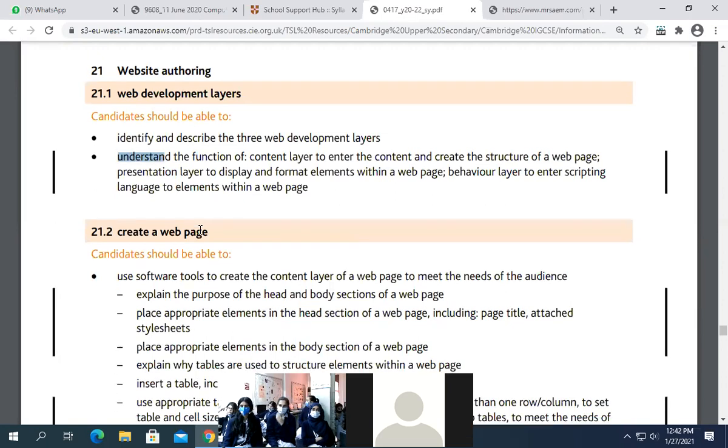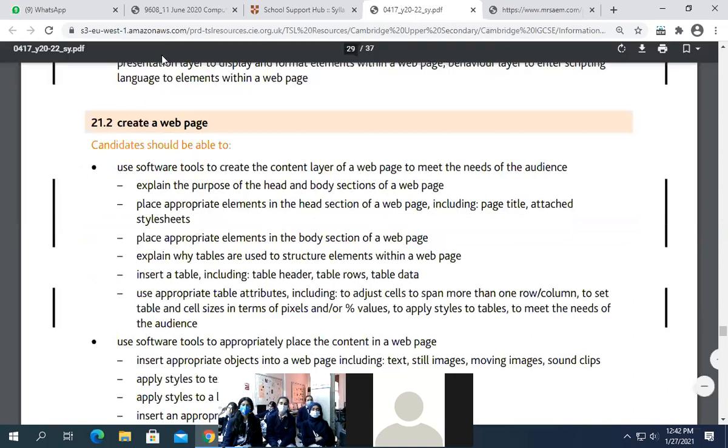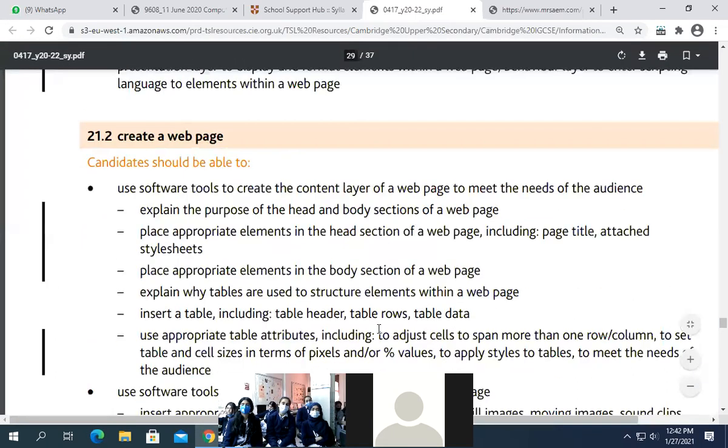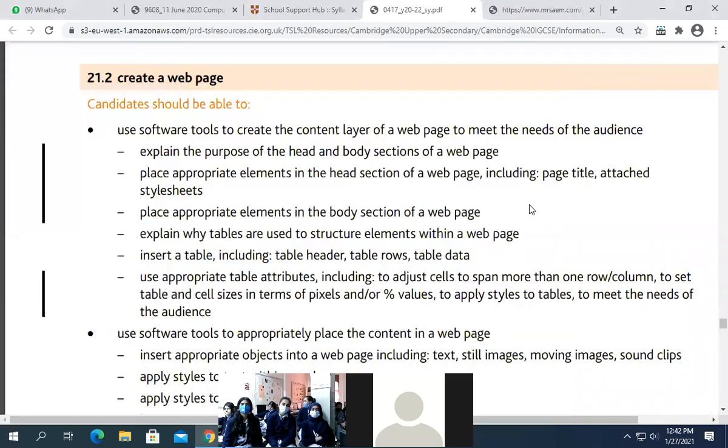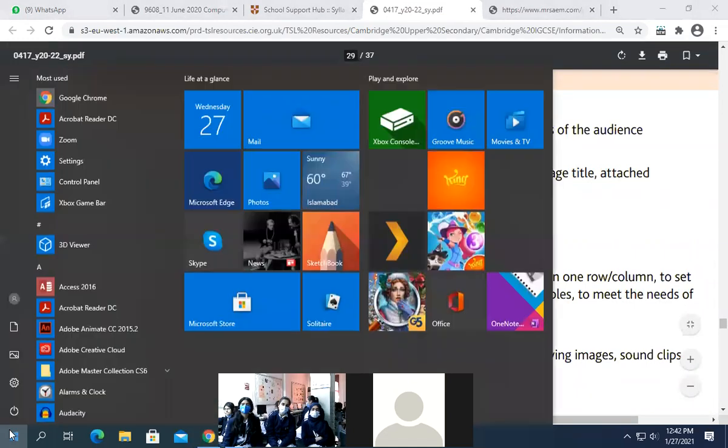So I've explained this as well. Create a web page. I'll zoom in again so that all of you can actually see it. Use software tools to create the content layer of each web page to meet the audience. Explain the purpose of the head and body section of the web page. We have learned this again and again, that as far as the head is concerned,